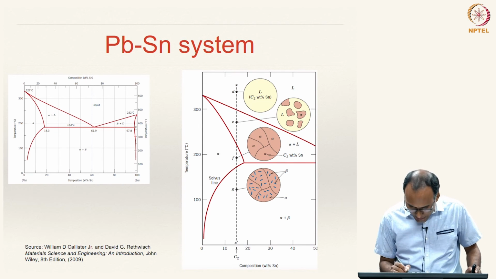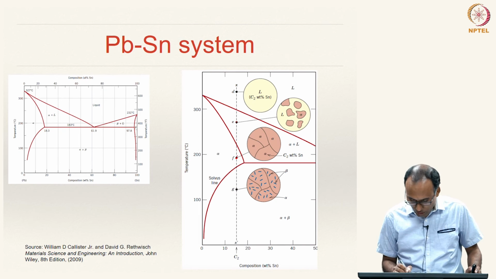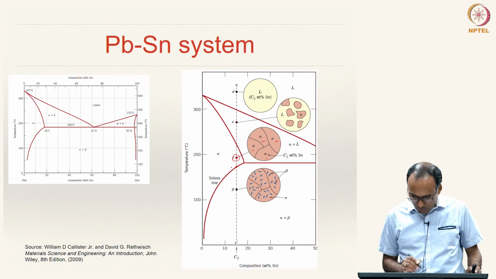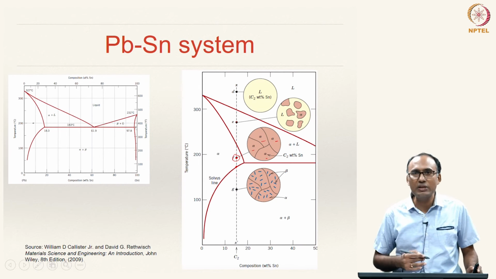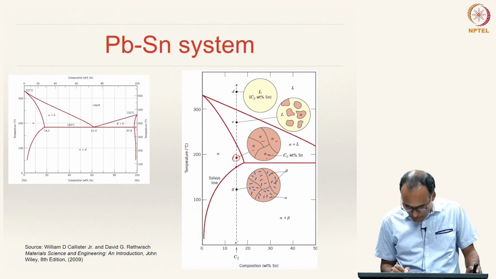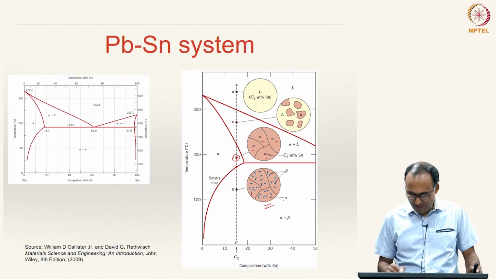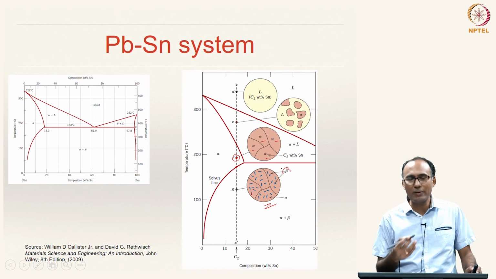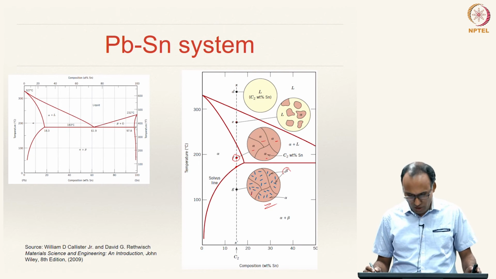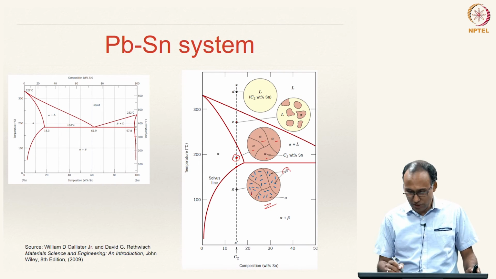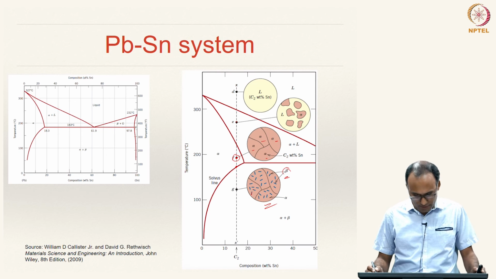So, you have complete liquid, and then you enter the two phase region of liquid plus solid, and then a single phase alpha, all alpha grains. By the time you cross this line you have oversaturated alpha, which will have to give out B, but it cannot give B as pure B. It gives it out as beta, and hence this beta phase is continuously distributed throughout the matrix. If this beta phase happens to be a brittle phase, that can be detrimental for applications in which we are using this component. And depending upon the nature of this beta, the mechanical properties can be significantly engineered.